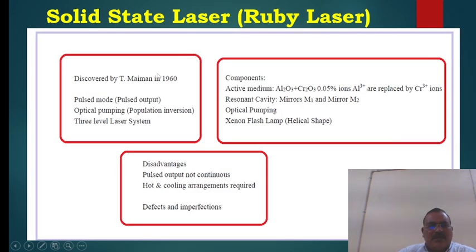It is discovered by T. Maiman in 1960. The output of this laser is pulsed. It does not produce a continuous one. In pulse mode, रुक रुक के हमें आउटपुट मिलती है।